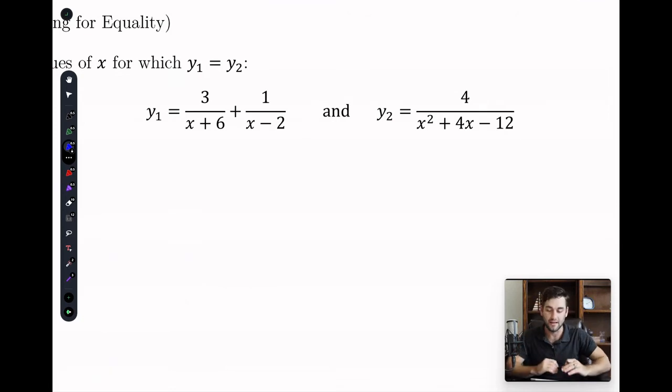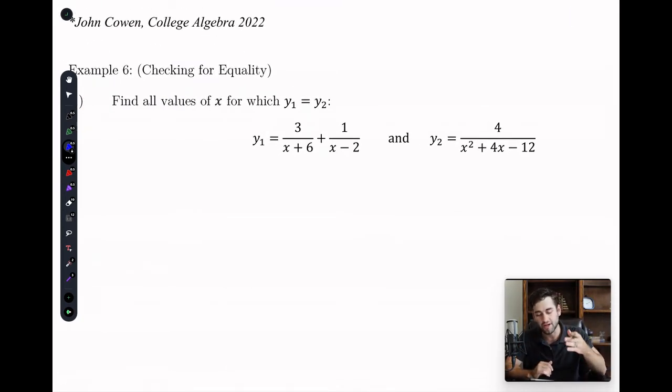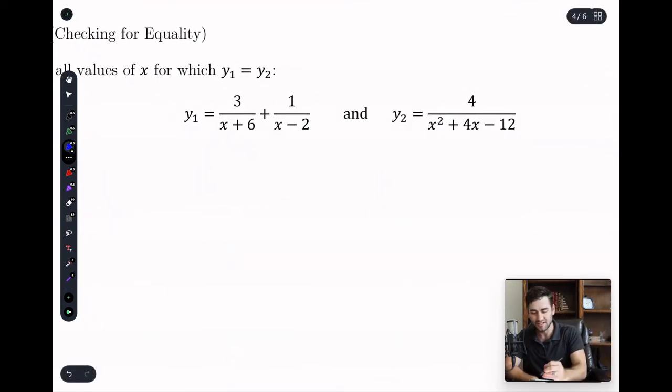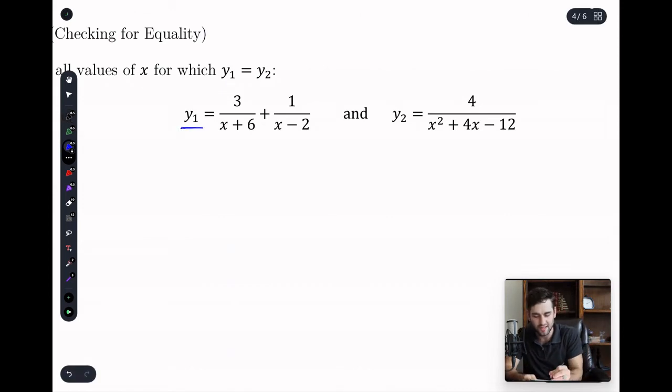Checking for an inequality or equality. So this type of problem says find all values for x where y1, it's just a subscript that stands for the left equation, equals y2, just a subscript that stands for y equals the right equation. So here we go. Let's try it. We haven't done this before where we take a whole big thing and plug it in, but let's do this in blue. Technically this is blue, right? So we could just plug it in right there. And if we do this one is red, plug it in right there, right?